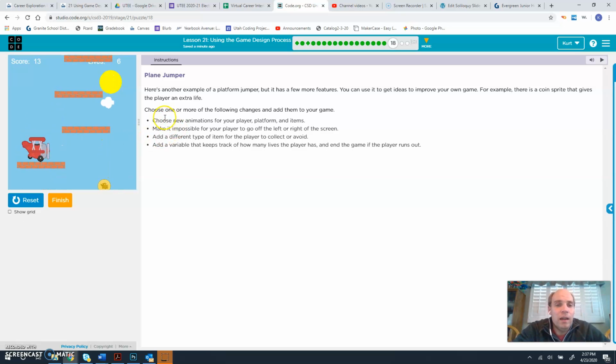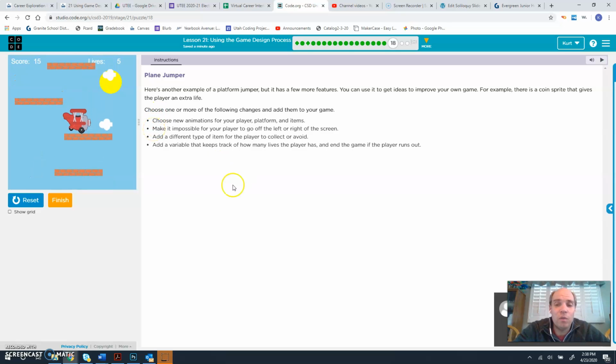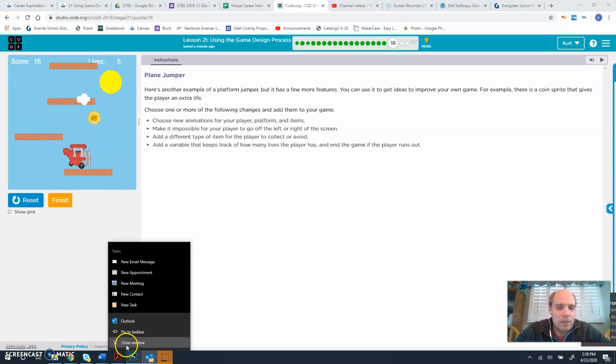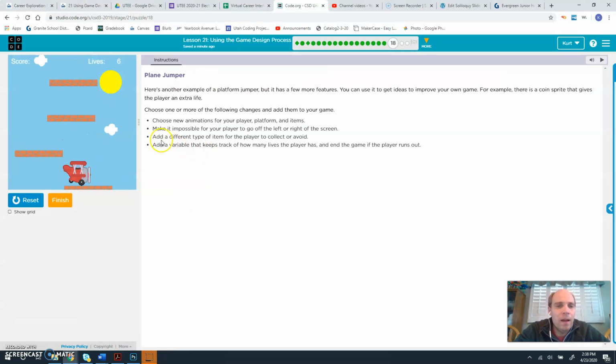So choose one or more of the following changes and add them to your game. Make a new animation for your player, your platform, your items. Make it impossible for your player to go off the left or the right of the screen. You also can, let me close this. Add a different type of item for the player to collect or avoid. Add a variable that keeps track of how many lives the player has, and end the game if the player